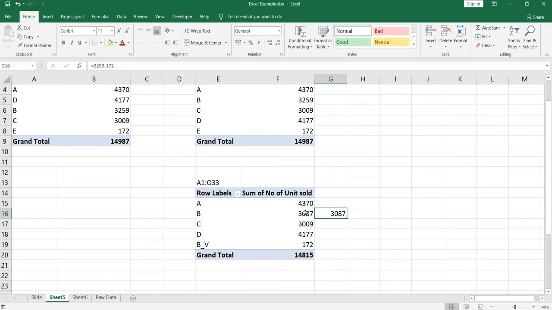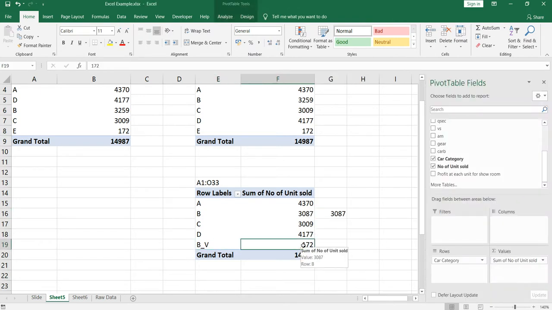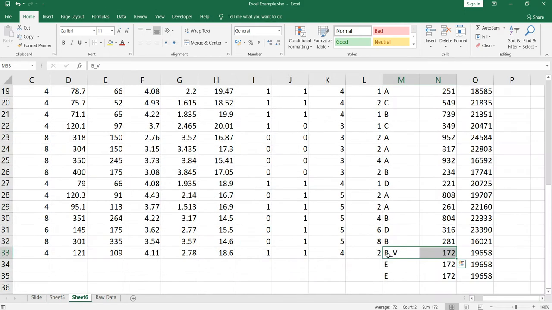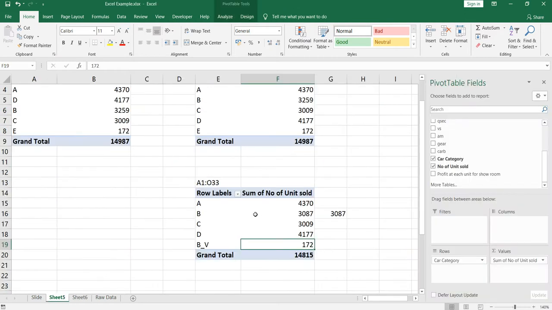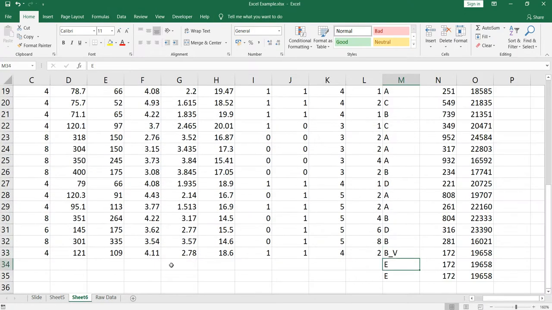And this 172 goes to the B underscore V category, which we had updated in the raw data. So once you refresh it, whatever changes you have done in the data get reflected here. But the thing is, we are not getting this Tesla.